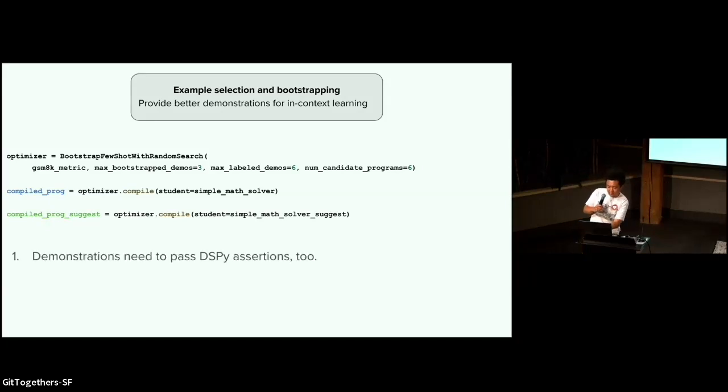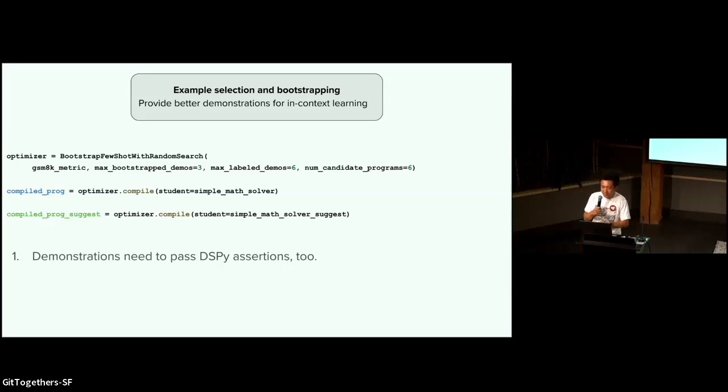The assertions in the DSPy program enable three things, basically. The first is that the demonstrations that you put into your context need to pass those assertions as well. A lot of times you might have an example that looks good. You have a correct final answer, but the intermediate steps are not correct. Once you have all these assertions that guard the responses of your intermediate module results, it helps you to actually